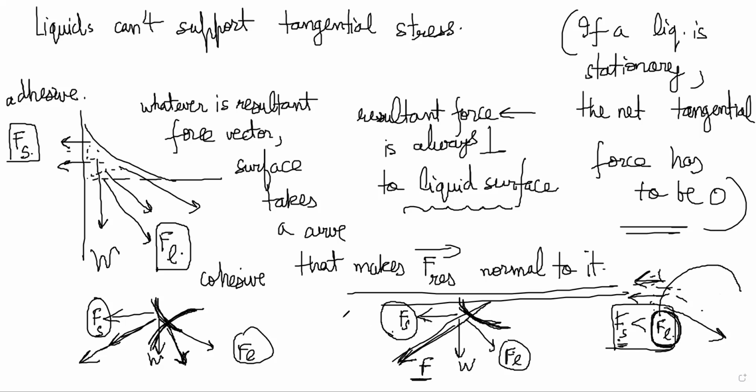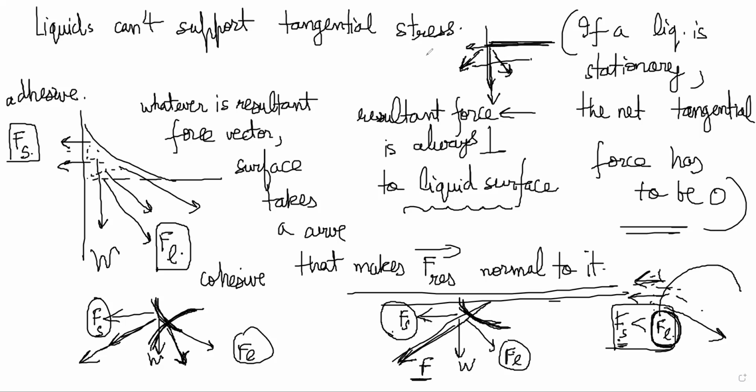And in case of water with glass, let's see what is happening here. Fs is like this, and Fl will be somewhat like this, and it is 0 degree. That means these two are somehow canceling these two forces. I'm not sure, but I think glass will be attracting like this, water will be attracting like this, and these two forces cancel, and therefore the net shape is like this, because only weight is the resultant.